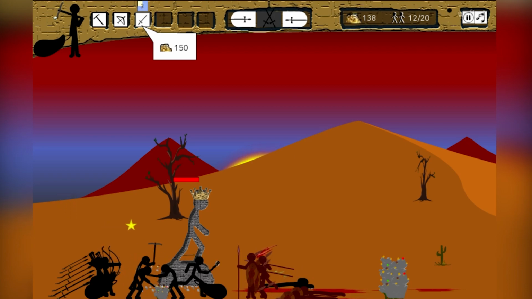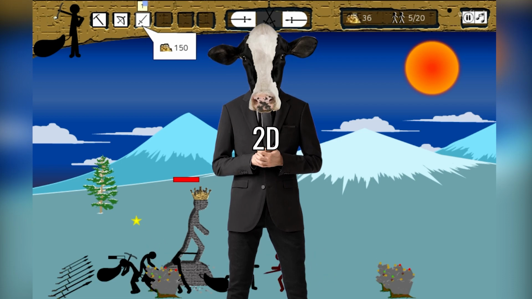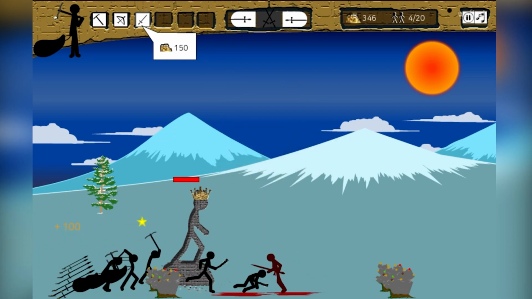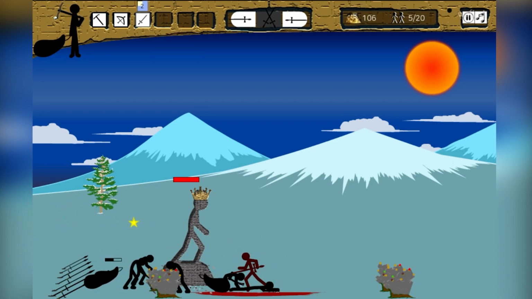Stick Wars plays much like a 2D RTS, otherwise known as a real-time strategy game, having an economy system, melee units, ranged units, miners, a home base, and many unique units to train in order to